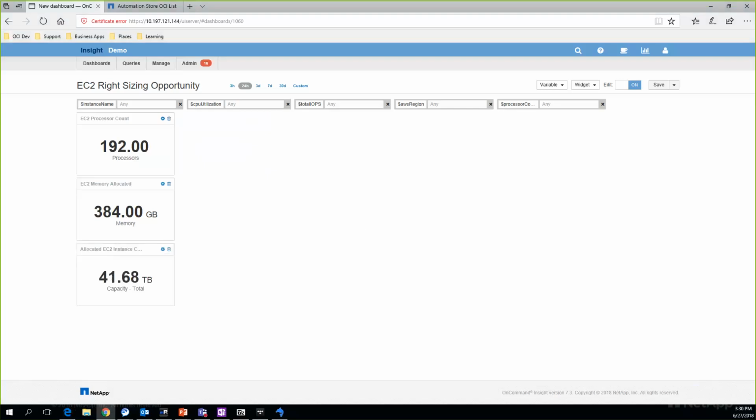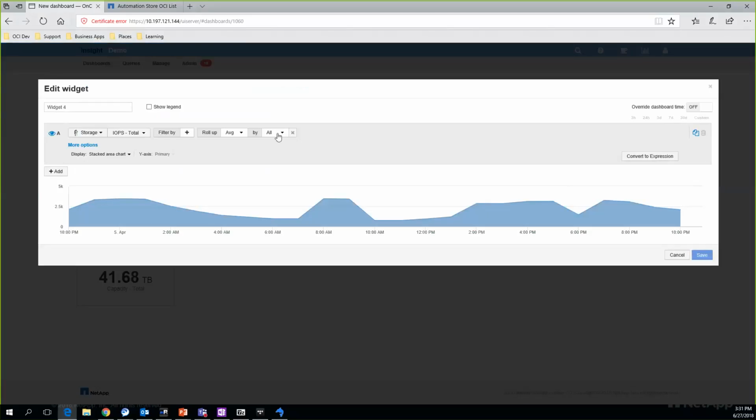Okay, so I think the next thing we should probably look at is just a summarization of CPU utilization by region, so you can quickly define which region you need to drill into for more details. So to do that, I think let's do a stacked area. I think I did a line one on the example, but